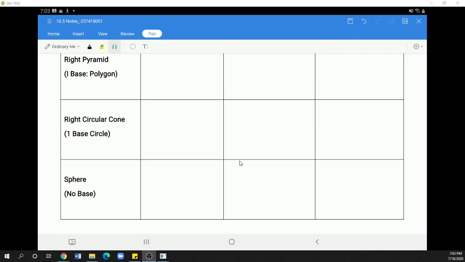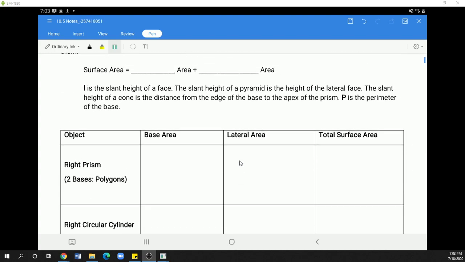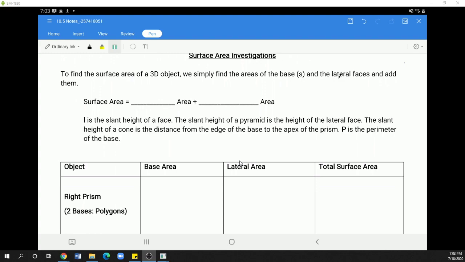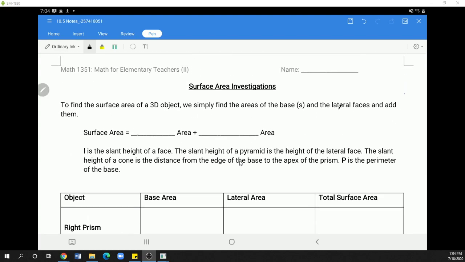But we can simplify this a lot for objects of particular importance like prisms, cylinders, pyramids, cones. Spheres are just their own special thing. There's not much we can talk about. But for everything else we can talk about bases, which would be the base of the pyramid, cone, cylinder, prism, and the lateral surface area. Remember that the lateral faces are the faces that aren't the base. So the lateral surface area is the area that is not the area of the base. So for anything that's not a sphere, or anything that's one of these four basic shapes, surface area is base area plus